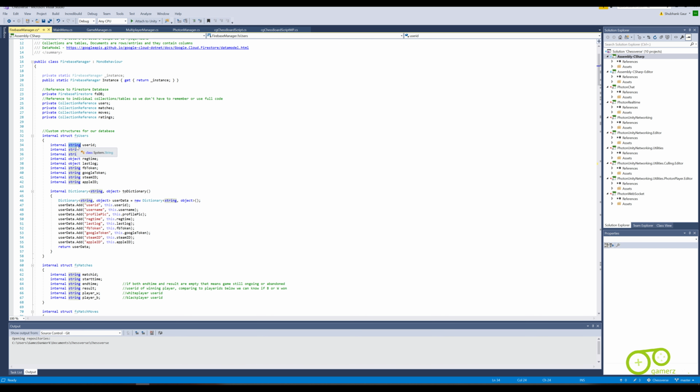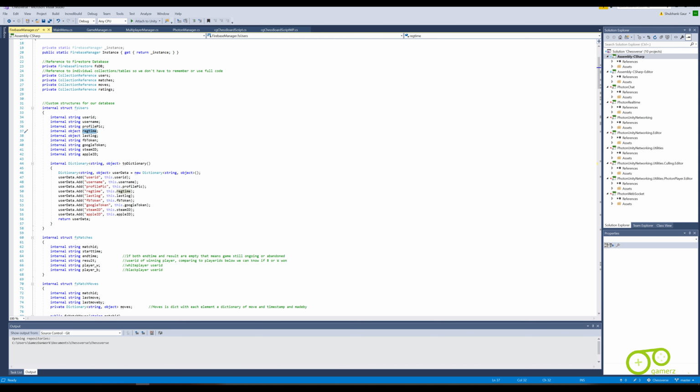So here I could have used int, and this would be int type. I'm using string here, so I know this would be string type. So it's user ID, username, profile pic. This I will explain in a bit. FB token, etcetera. And I'm storing last log and registration time as objects instead of say string or timestamp, because